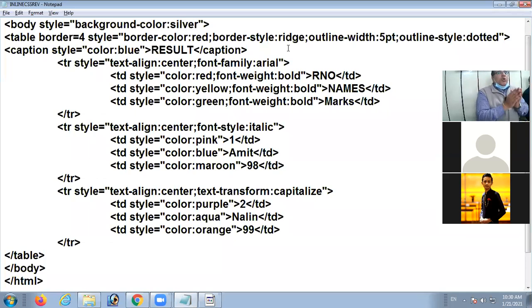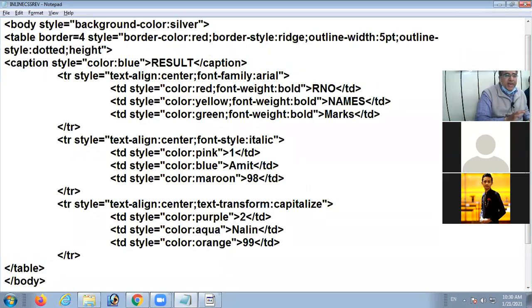The way you use height and width in HTML, in the similar manner you can use the direct height property: write height, colon, and give the value. Then space, semicolon, width, give the value. Am I clear?